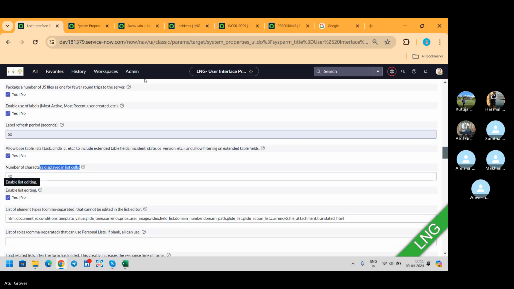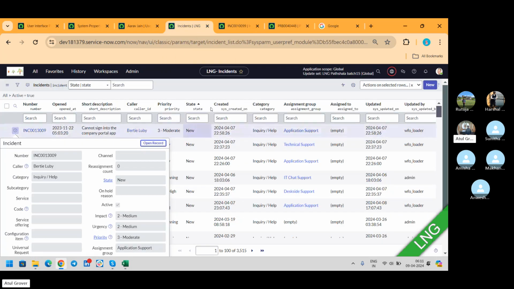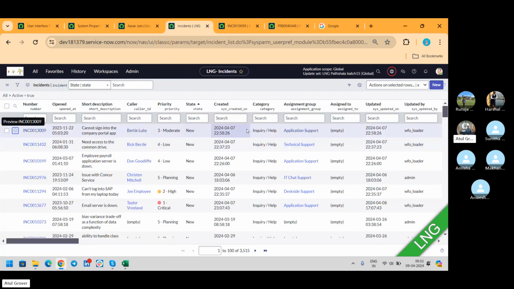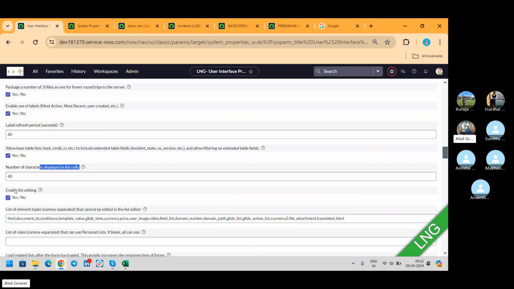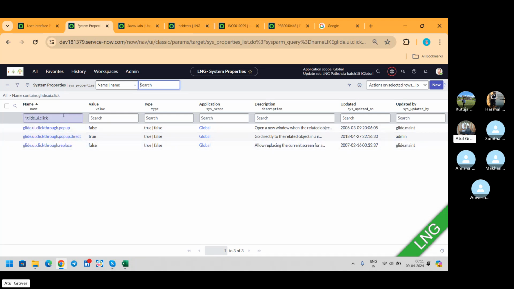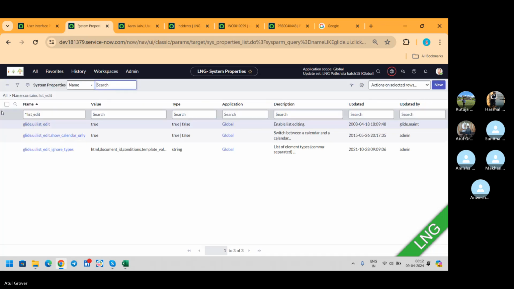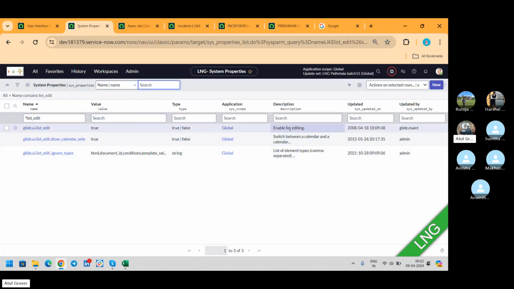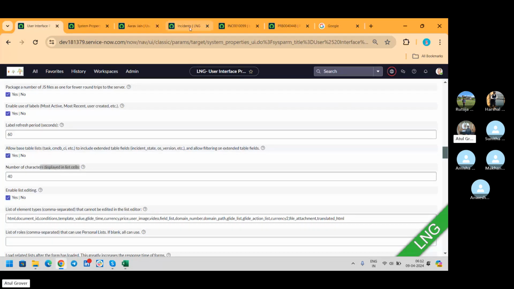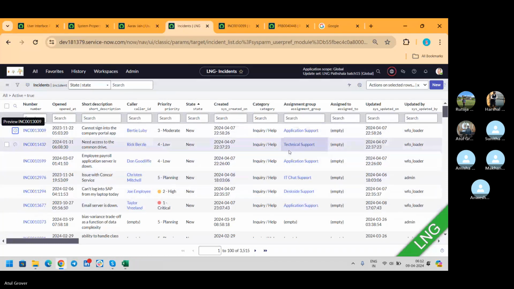अनेबल लिस्ट एडिटिंग, लिस्ट एडिटिंग आई गेस इट्स टॉकिंग अबाउट दिस थिंग यहाँ पर। आई नेवर ट्राइड बट मे बी यू कैन ट्राय समथिंग, इफ अनेबल डिसेबल, बट ये होगा ऐसा ही कहीं। ठीक है, इसकी प्रॉपर्टी क्या है, लिस्ट अंडरस्कोर एडिट, लेट्स सी कुछ है क्या इसका डिटेल लिखा है यहाँ पे। नहीं, सिर्फ ये लिखा है अनेबल लिस्ट एडिटिंग। ट्राई करके देखना इसको, अनटिक करके आर यू एबल टू चेंज समथिंग ऑन दिस पर्टिकुलर पार्ट और नॉट, क्योंकि लिस्ट व्यू यही है।